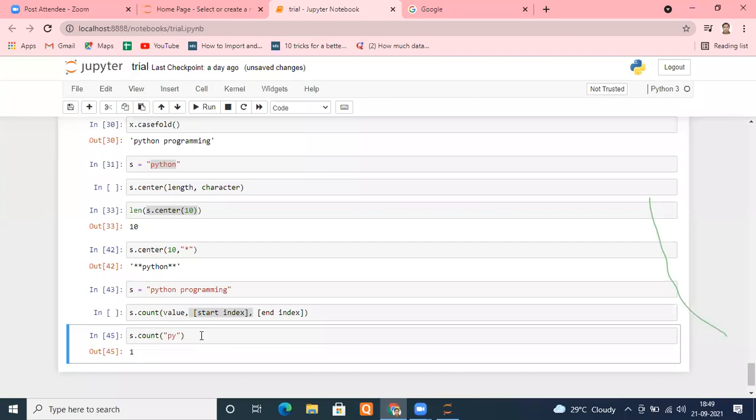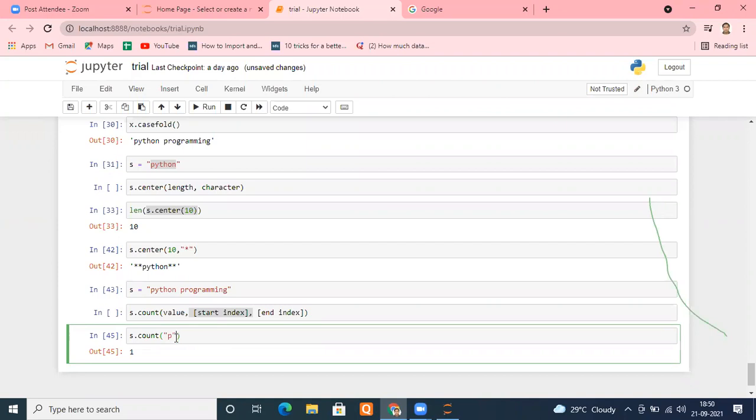So sometimes you want to identify some feelings, meaning how many times the word happy is coming in this sentence. That means that person is happy, if he's speaking the word happy again and again. So you want to find a certain pattern inside that, you can do that. How many times that is coming, you can check. For example, PY is coming only once. Fine. Now coming ahead, I'm using P again.